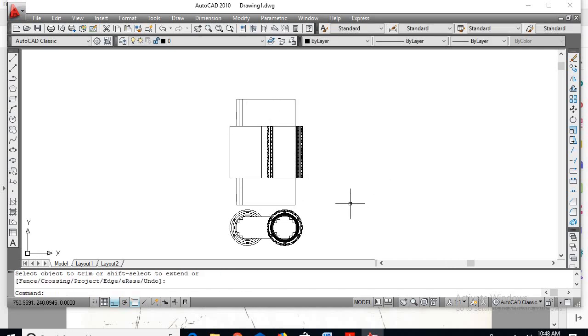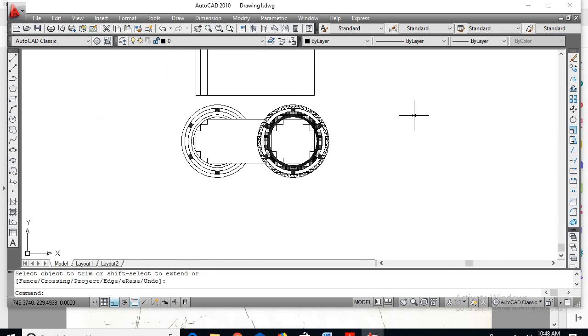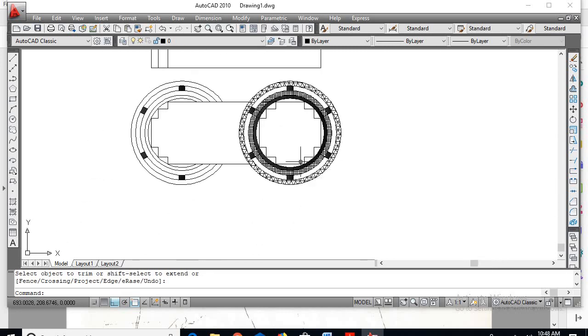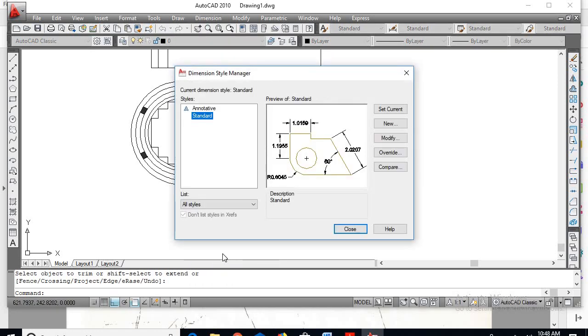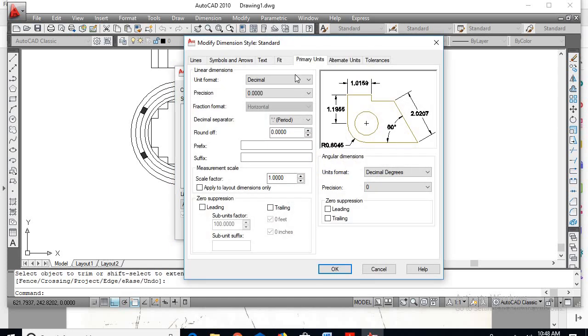Now we have to show the dimensions. To show the dimensions, we have to go for dimension style, so modify. Points are there, so go for precision.